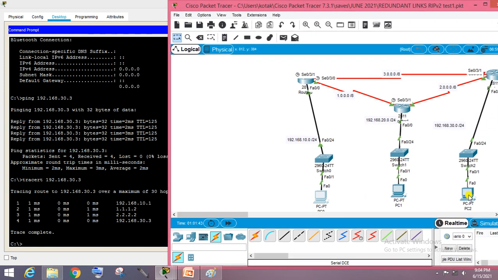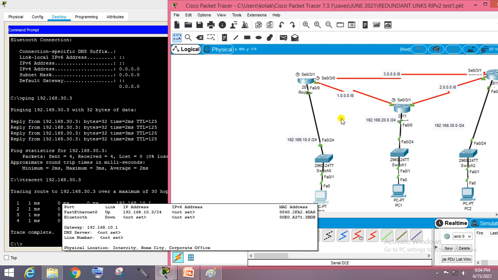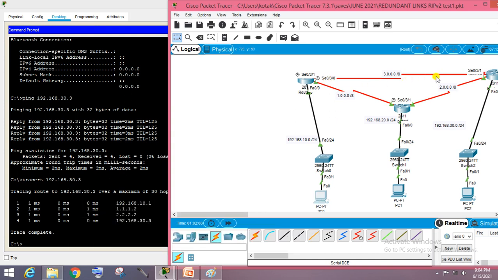Now you can look here. To reach this PC, the same PC chooses this path. First it goes to 10.1, then one network, that is 1.2 here, then goes to 2.2. Okay, so our internet path is working fine here. This PC chooses this path when this path is active, because the number of hops is only one, but in this case it is two hops. That's why this PC chooses this path.